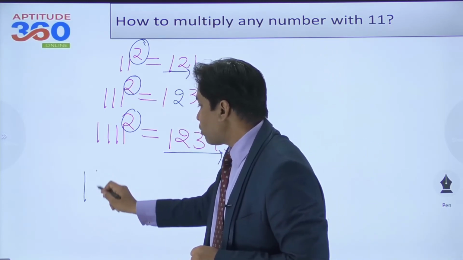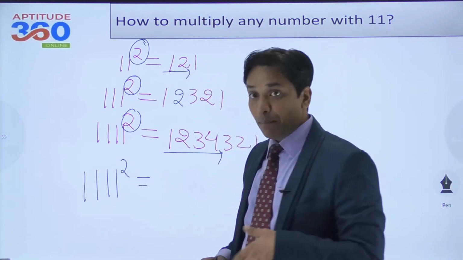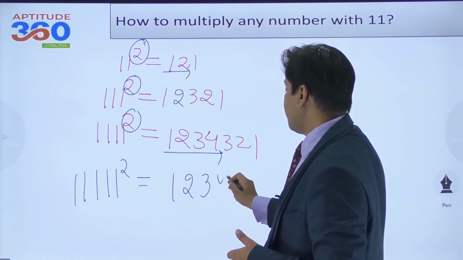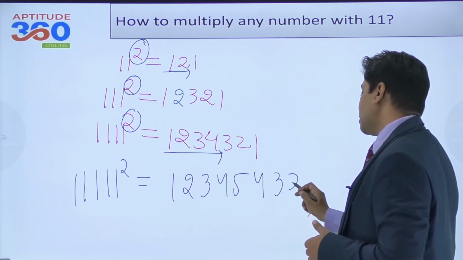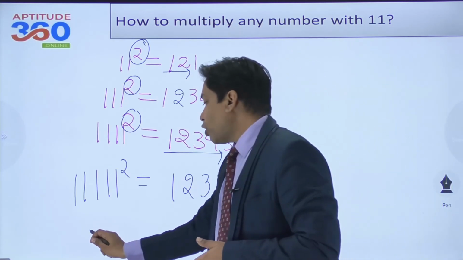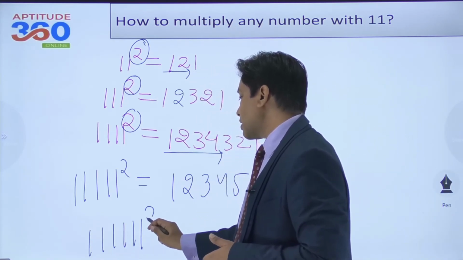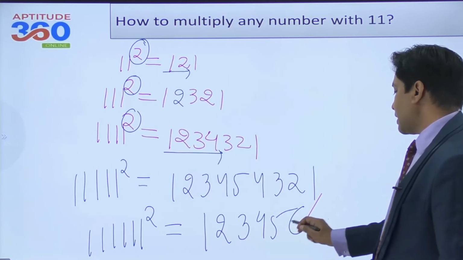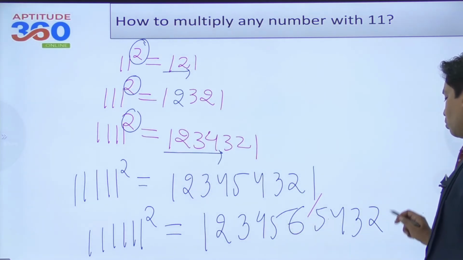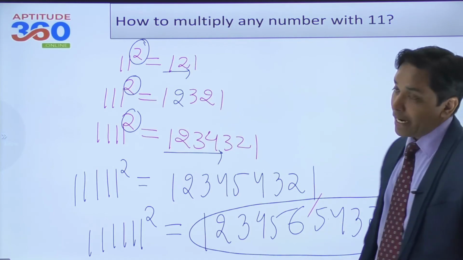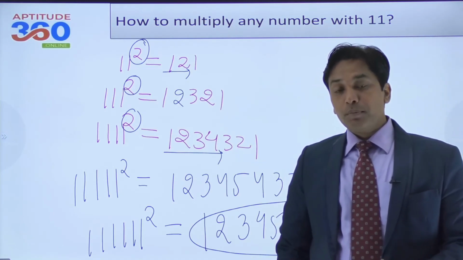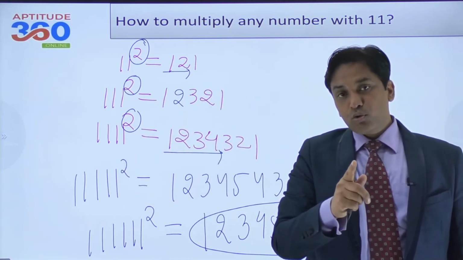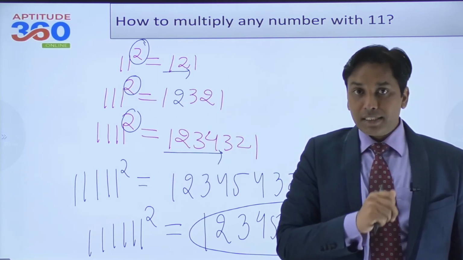So if you need to find out 11111 square, so this number will be, again, 5 times. So 1 2 3 4 5 4 3 2 1. Is that okay? What if you have got 111111? So the square of this number will be 1 2 3 4 5 6 5 4 3 2 1. And now probably you understand how we were getting that palindrome, because that number started with 1 to 9 and then it was declining. So how many times do we need to write 1? We will need to write 1, 9 times.